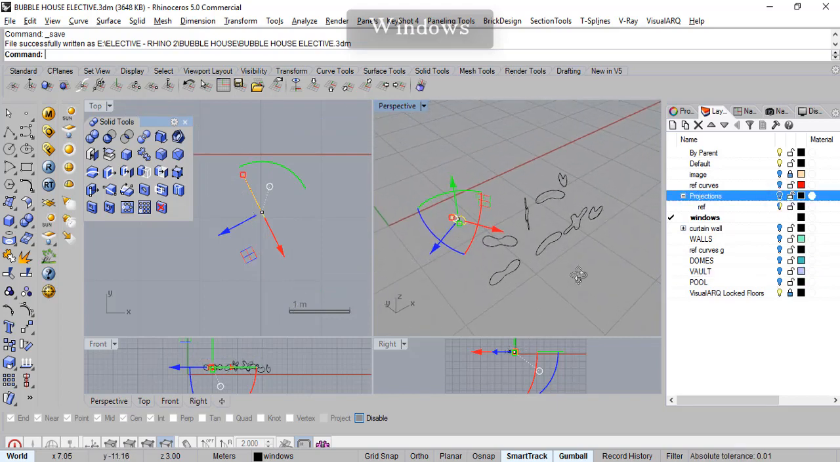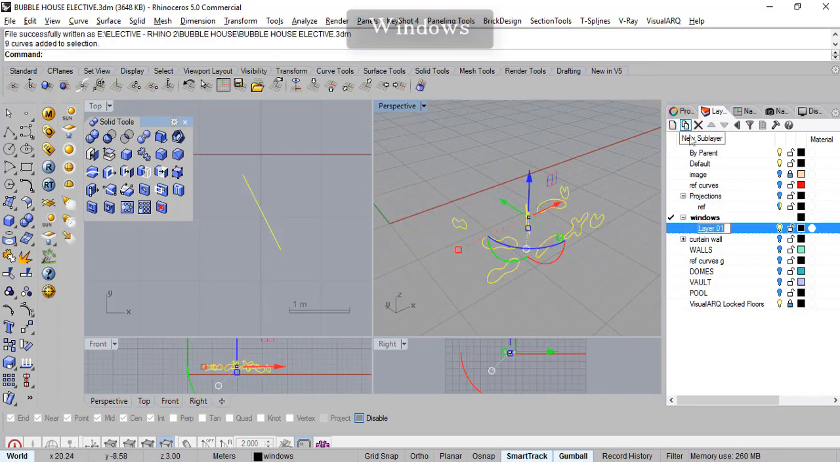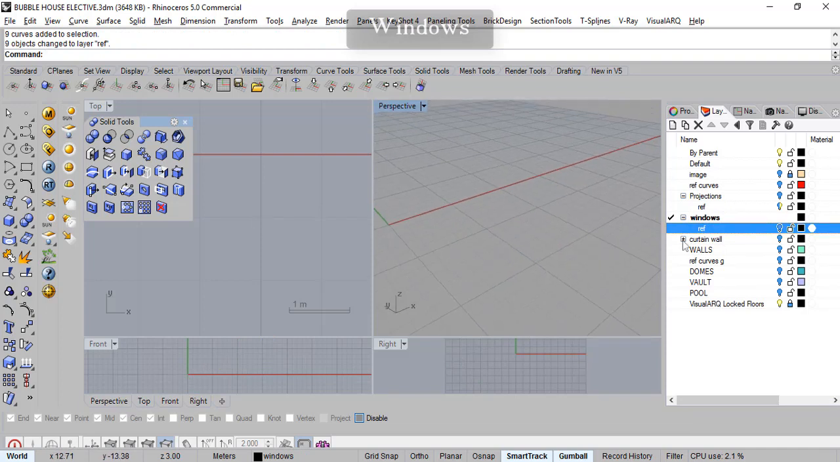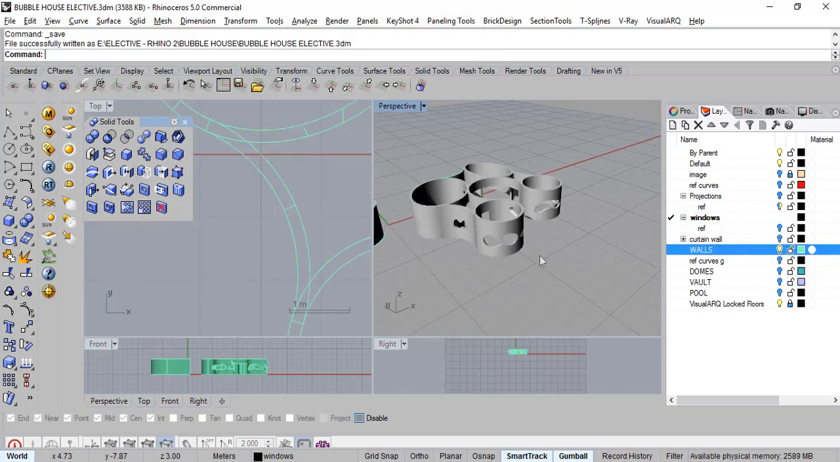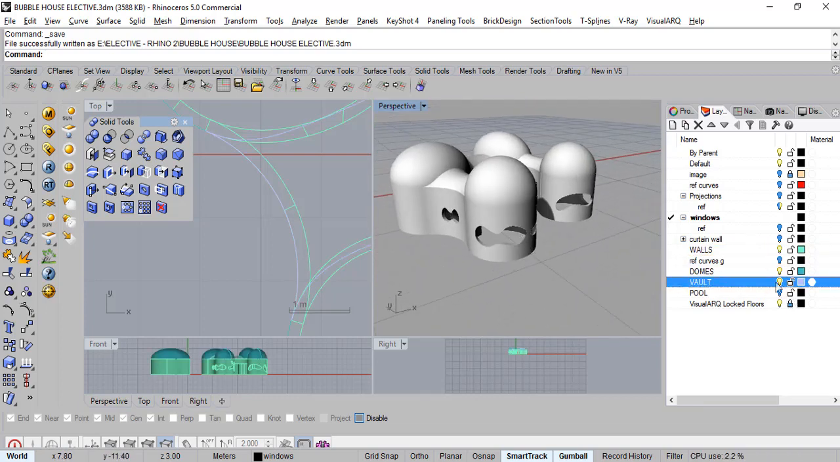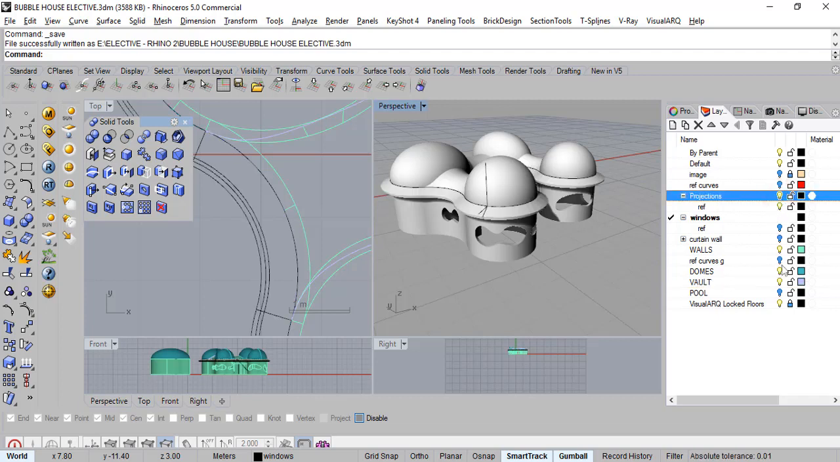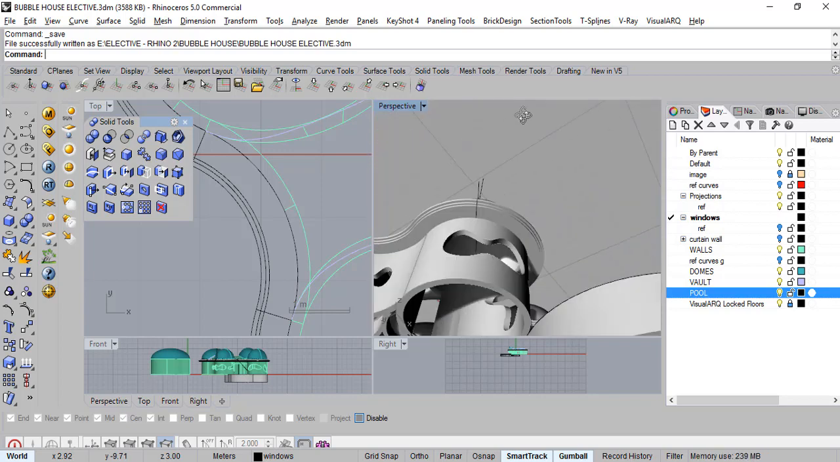and we'll put all of these, and we'll create a sublayer under windows called graph. Put them under this. Put this off. And let's put on the walls, domes. Okay, and what we need to do next is a plinth. We don't have any plinth for the building,